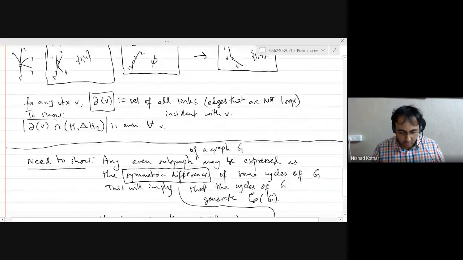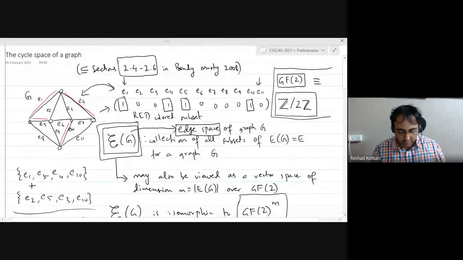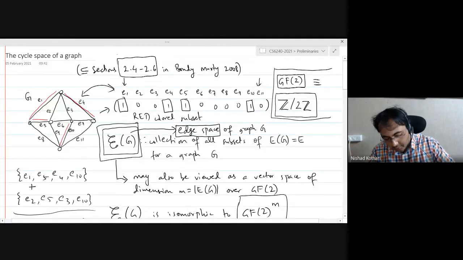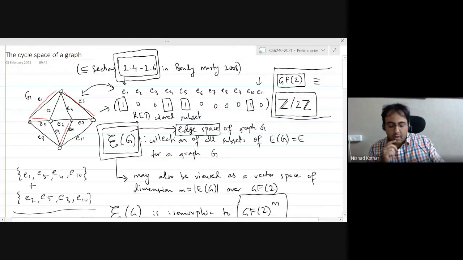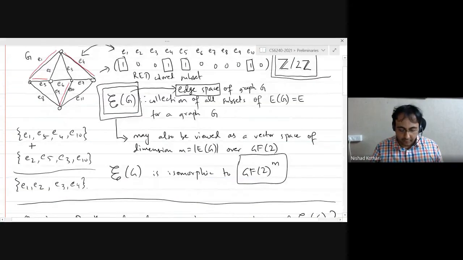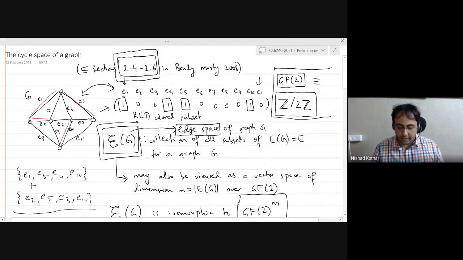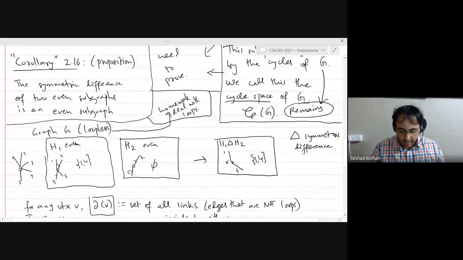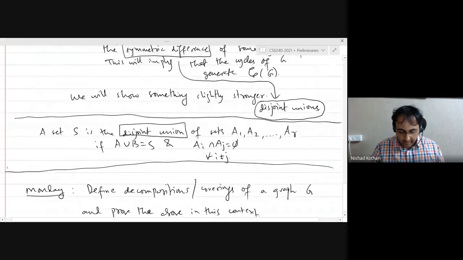And in general, what we are covering right now, just to remind you, is everything from sections 2.4 to 2.6 in Bondy and Murty, the textbook. But I'm not covering things in the same order, nor am I using the same proofs. Sometimes I'm changing things slightly because I feel that it might be better to present it that way in a lecture. But in case you are looking for references, then those are the sections you want to look at. Okay. And we will continue next lecture from here.